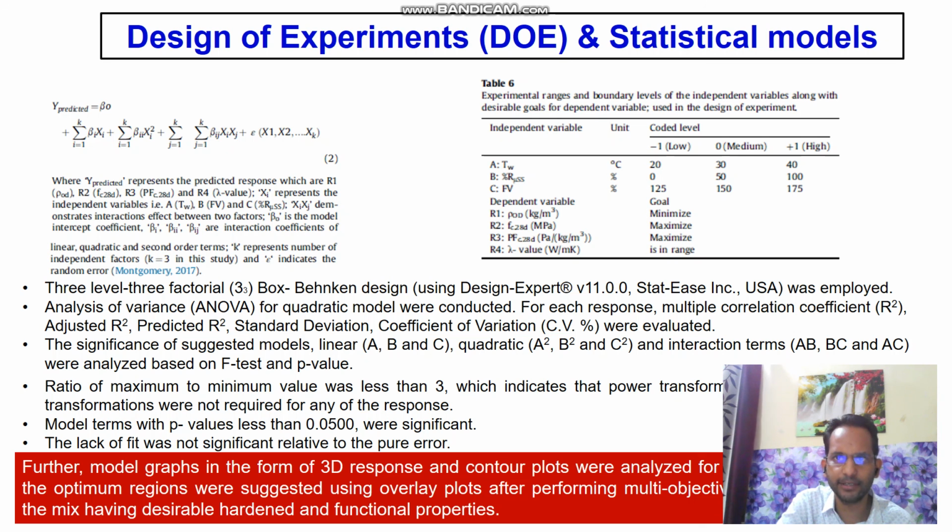Design of experiment and statistical models were also developed, and basically all the models were quadratic. 3 independent variables were taken, that is temperature of water, percentage replacement of microfine stone sludge, and the flow value. 4 dependent variables were taken, that is dry density, compressive strength, and performance factor at 28 days, and thermal conductivity value. So here you can see the coded values. TW ranged from 20 to 40,